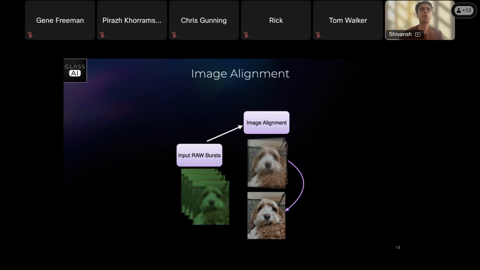While I was at Qualcomm, I tried to work on image registration, but that was for the application of 6 degree of freedom. But here, what we noticed was alignment is very critical in the sense that there are multiple different types of alignment problems that you have to solve for these input raw bursts. Starting from global alignment, which is global registration. Generally, people tend to use some coarse-based alignment for this.